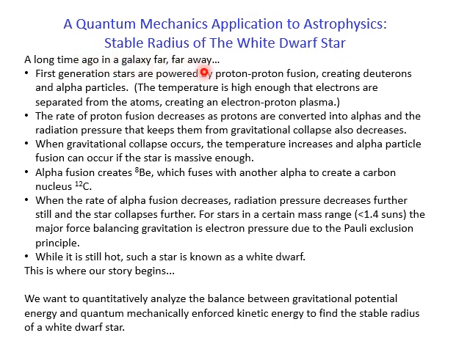So here's what goes on astrophysically. The first generation stars are powered by proton-proton fusion. That creates deuterons and alpha particles. The temperature is high enough that electrons are separated from the atoms, creating an electron-proton plasma. Some of the atoms might again be helium nuclei, helium nuclei plus the associated electrons, or deuterons, which are a proton and a neutron in the nucleus with charge 1,